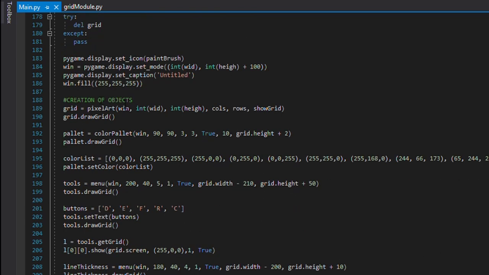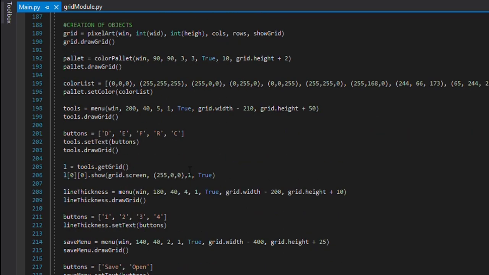Then we'll just create the objects of the modules, the grid module that I've just explained. And here, first of all, we'll create the object of the pixel art class, then the color palette class, and then the menu class, and so on. As you can see, I've given some parameters that were the arguments in the classes that I have just explained previously.